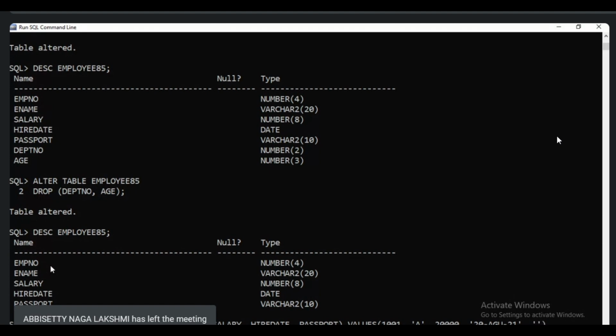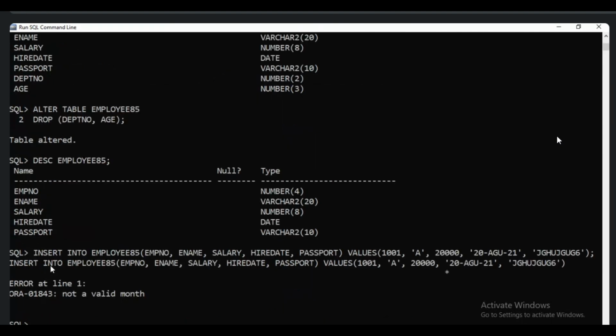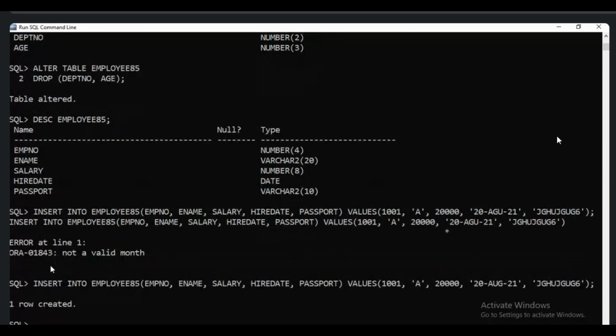So I'm inserting one record into the employee85 table. Not a valid month error; August spelling was wrong, so I correct it.